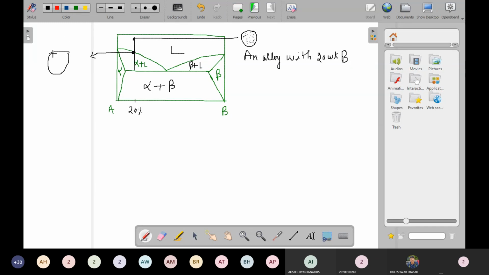So let me mark this alpha with red color. So alpha will be coming out of the liquid. A small amount of alpha will come out, and the rest will be liquid only. This red one is showing this alpha. When you further cool it, what will happen? The amount of alpha will increase. So if you see here, the amount of alpha will increase means the size of alpha will increase. Let me draw it with red color.